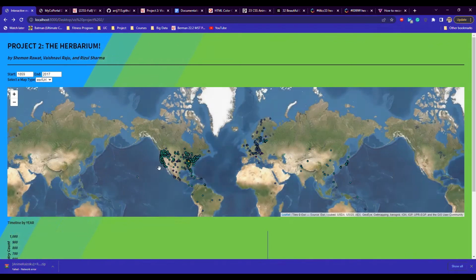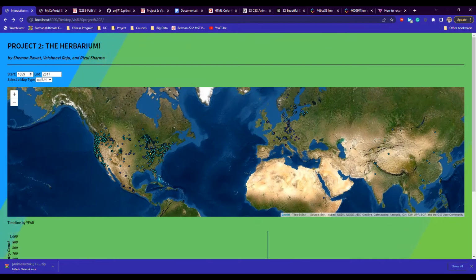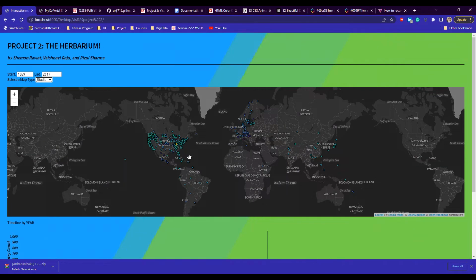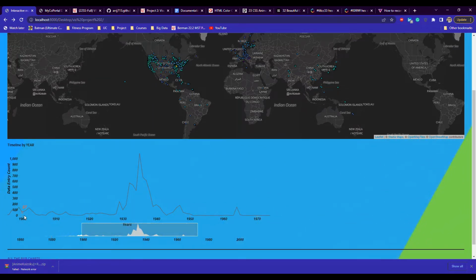So it's a leaflet map. Here what's happening, it's showing us where a particular sample was collected between a specific range of timeline. So you choose start year and end year, and then you choose a map type, and then it will show you the samples with their latitude and longitude locations. And then here we have a line chart which shows you total data entry,